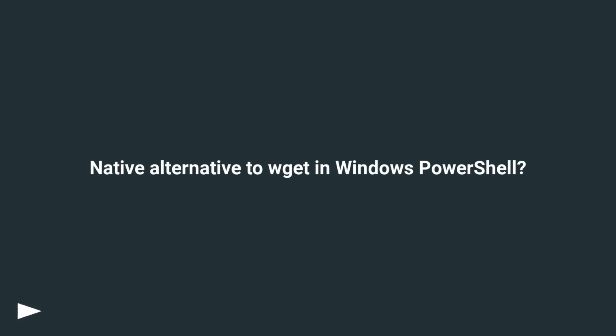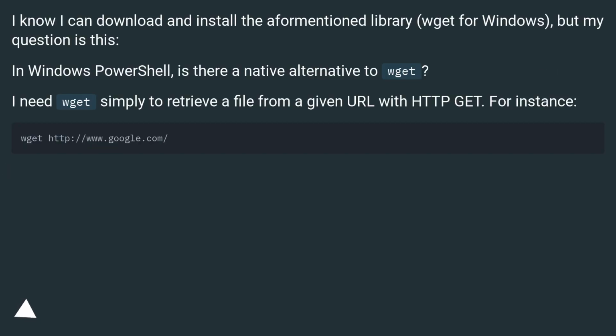Is there a native alternative to wget in Windows PowerShell? I know I can download and install the aforementioned library, wget for Windows, but my question is this: in Windows PowerShell, is there a native alternative to wget? I need wget simply to retrieve a file from a given URL with HTTP GET. For instance,